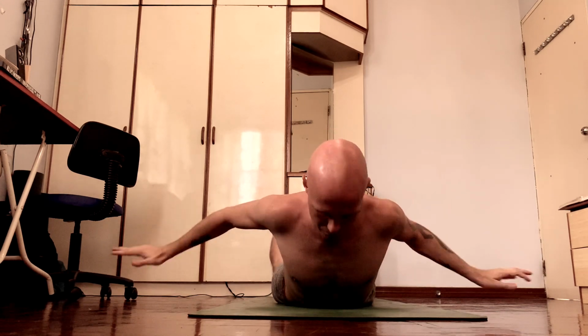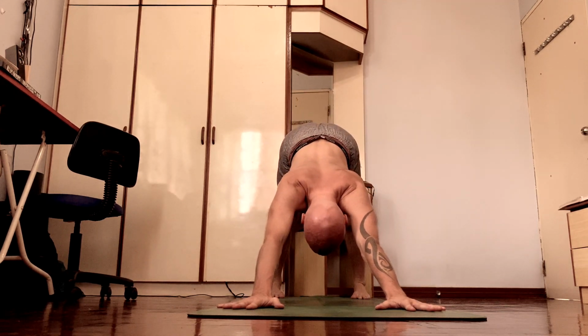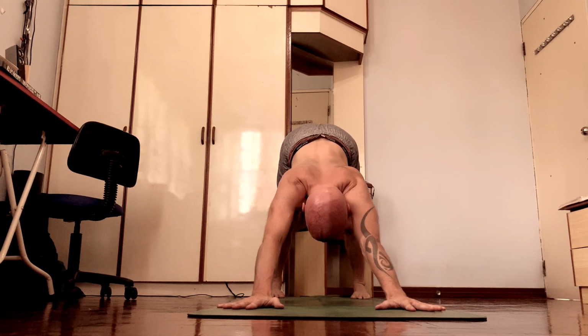rotate out, try to separate the shoulder blades, sternum up, inner heels moving back, breathe to the sides, strong inhalations, exhale down, inhale, open chest, exhale, Adho Mukha Svanasana, lift groins, inner knees slightly up, outer heels down, and then